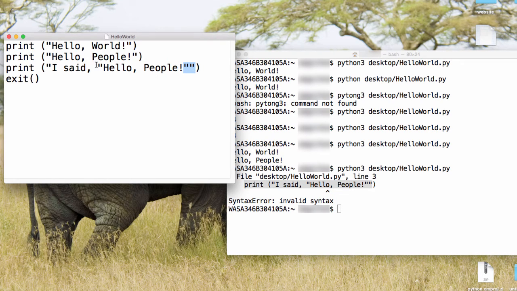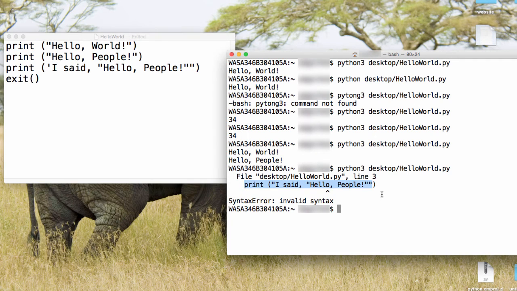and another command with people exclamation point, and then an empty string here, and that's a little confusing for it. So the issue is we want to be able to use these without it confusing what the string is, without it thinking that we're trying to end the string. We can start a string with either double quotes or single quotes, and then we can use whatever the other one is inside of it. The thing is, don't mix and match. If I switch this to double quotes as well, and I try to run this again,